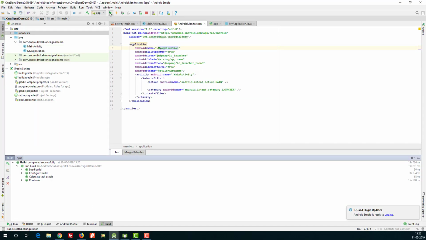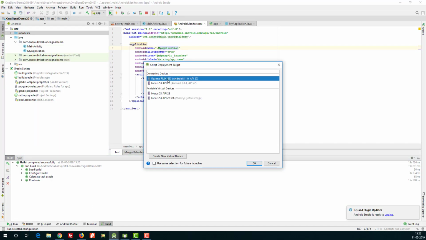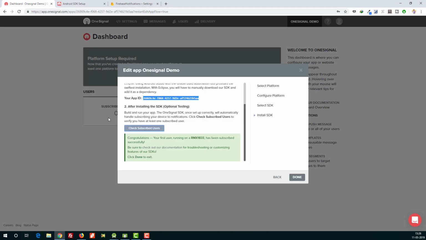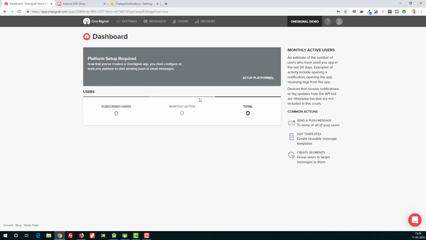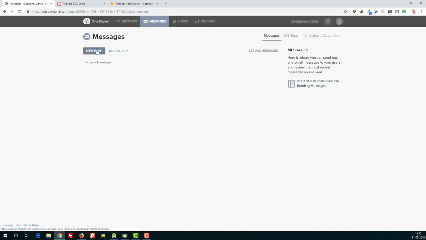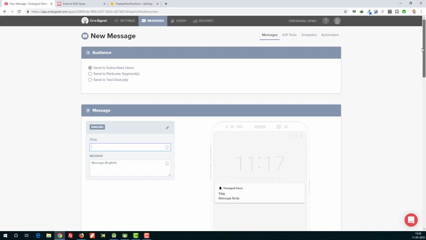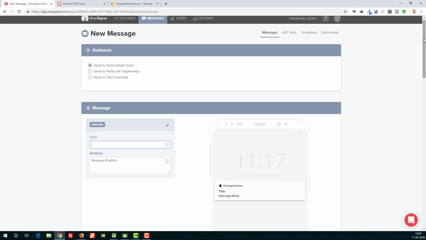And one more time I will show you my device name here. You can see RMX 1833. Okay, so now this thing has worked successfully. You click on done. Okay, this is how we have to implement this OneSignal notification in Android application. For sending messages, you just click on messages, click on new push, and fill all the necessary things whatever you want and send it. That's it. The notification will be sent to your Android device, to all your subscribed users.